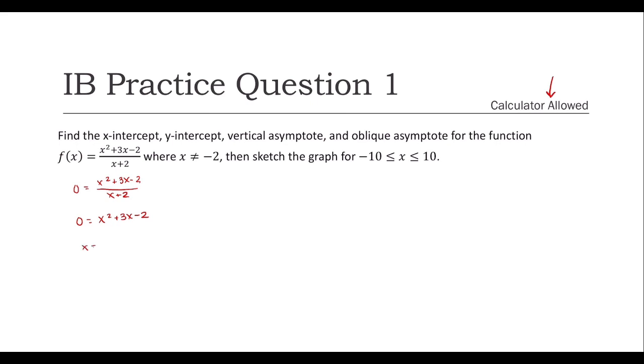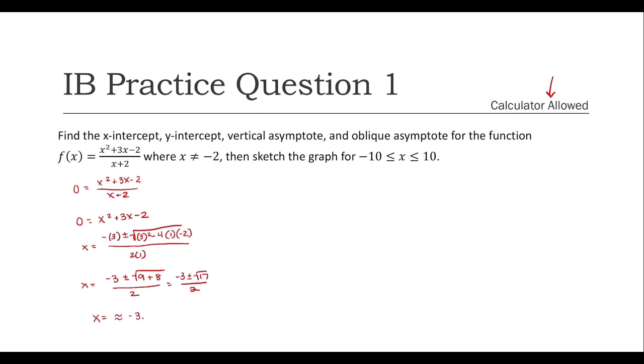So x equals negative b, so negative 3, plus or minus the square root of b squared minus 4 times a times c, all over 2 times a. So this equals negative 3 plus or minus the square root of 9 plus 8, over 2, which is negative 3 plus or minus the square root of 17 over 2. We can put this in our calculator and get that our x-intercepts are approximately